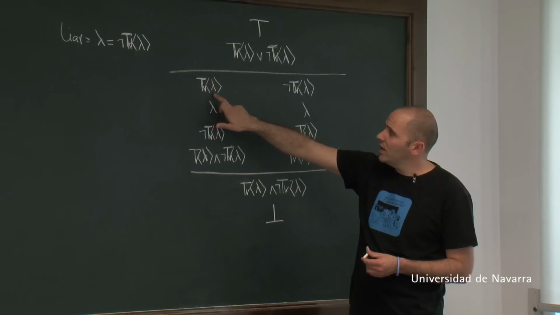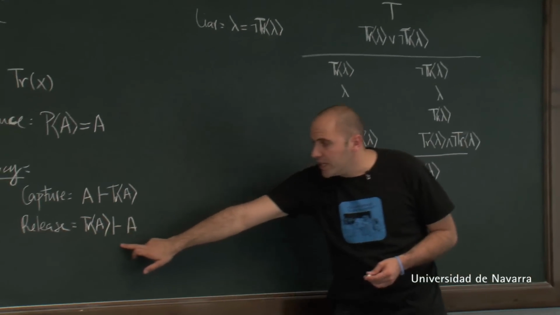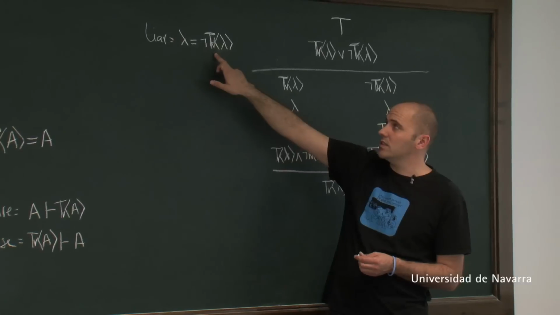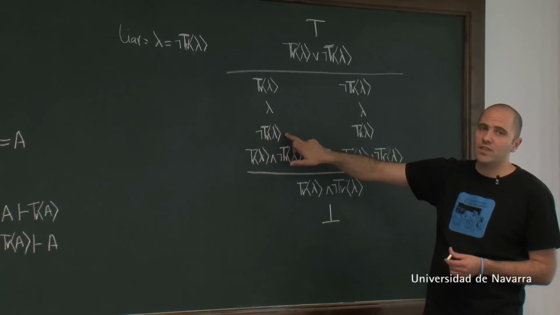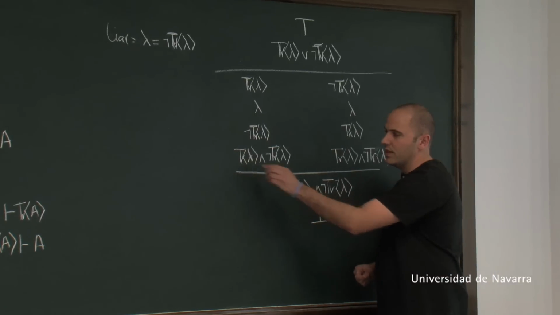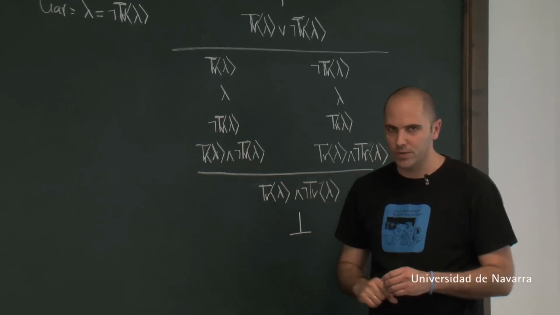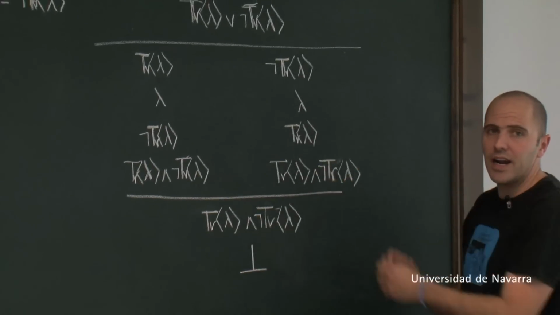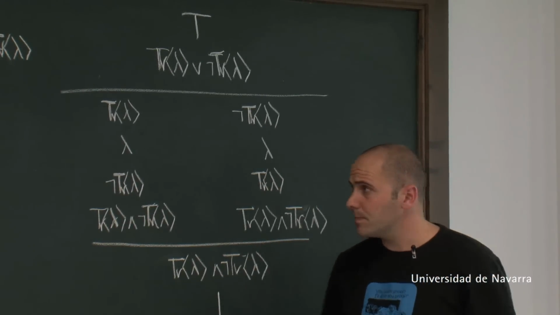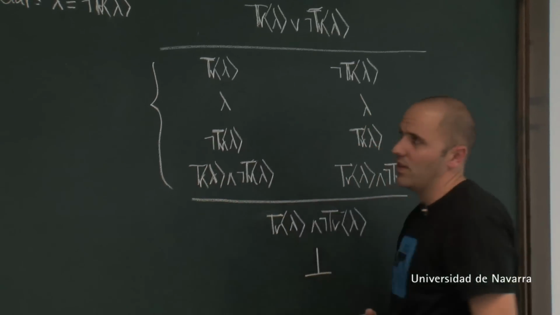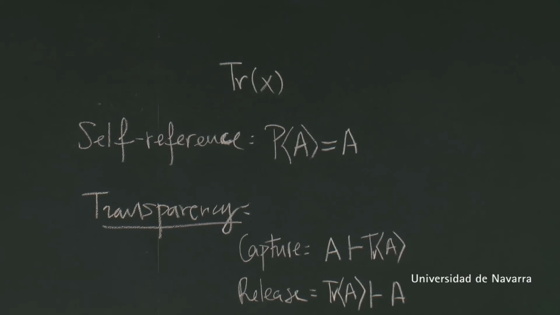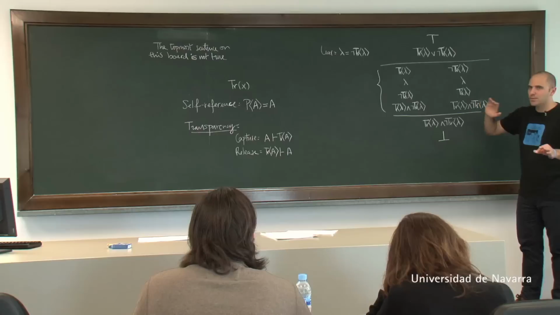Well, of course, by the inference release, if the liar sentence is true, then we get the liar sentence, and since the liar sentence equals its own untruth, we've got that the liar sentence is not true, so we can form a conjunction of these two sentences and end up with: the liar sentence is both true and untrue, right? Now a similar parallel argument can be run from the supposition that the liar sentence is not true, right? Now, I would like you to notice that if you take self-reference and you take transparency, you cannot object to these inferences. So there is little room to